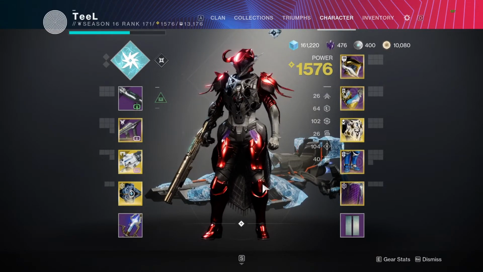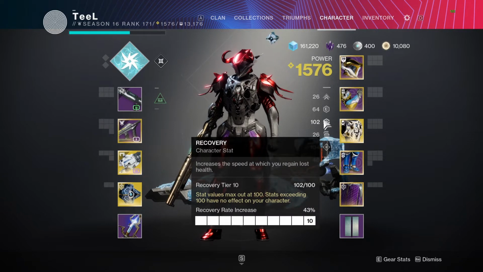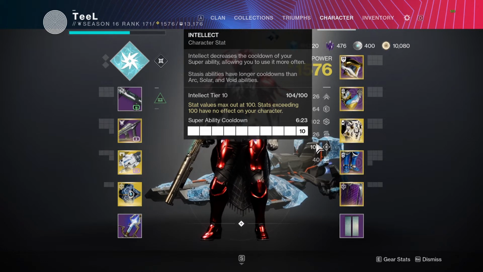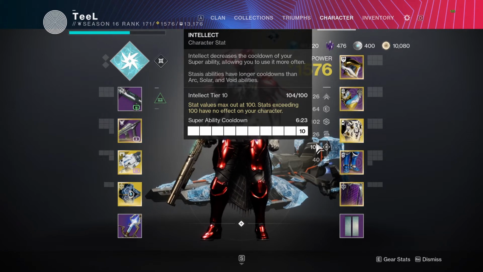A couple things to note here before we finish up the build. If you're by yourself or you don't have a Hunter around you, Tractor Cannon is really good. It'll make sure your T-Crash does 35% extra damage. I would recommend 100 recovery, 100 intellect. The reason for this 100 intellect is because your intellect will be more important here. Your goal is to have your super up as much as possible, right? And so having high intellect actually does matter here because it'll decrease your total super ability cooldown. I mean, it's not a lot, but it is once you get to tier 10. And so I would make sure you have tier 10 intellect on